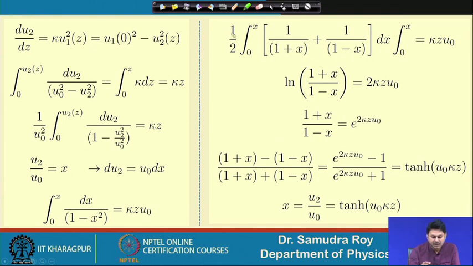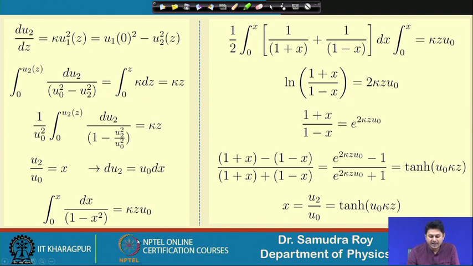So, when I factorize, the half term has to be there, because in the numerator a 1/2 term will appear if I do that. In the right hand side we have kappa z u 0 as usual; this integration sign will not be there anyway. Here we will have one equation, because when I integrate this part, we will have log. These 2 I can put here, so that I have 2 kappa z u 0.